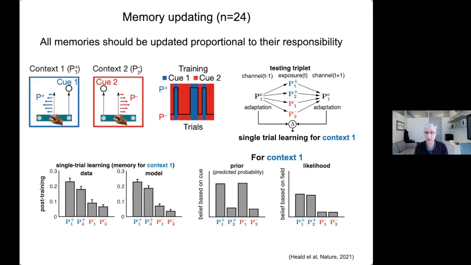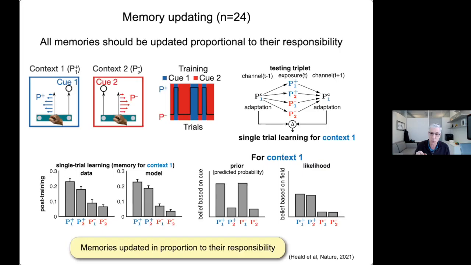We see this graded update for memory 1. And because the experiment is completely symmetric, had we probed memory 2, it would be just the opposite. We can sort of guarantee that memory 2 has been updated in the opposite way. So this suggests to us that you're updating multiple memories, at least 2 in this case, in proportion to their